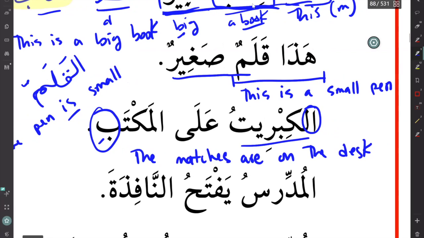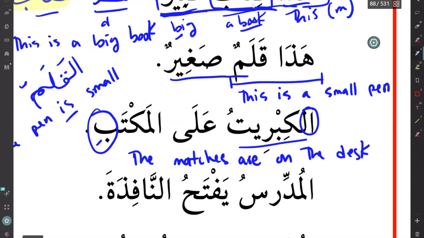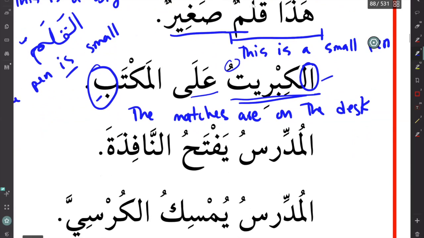Okay, you understand? So there are a lot of grammar rules going on here, right? We have to know about the alif lam, it makes a tanween, we have a preposition, we have a kasra. The first one is definite, right? All of these things are happening. So we're getting a big sentence here.